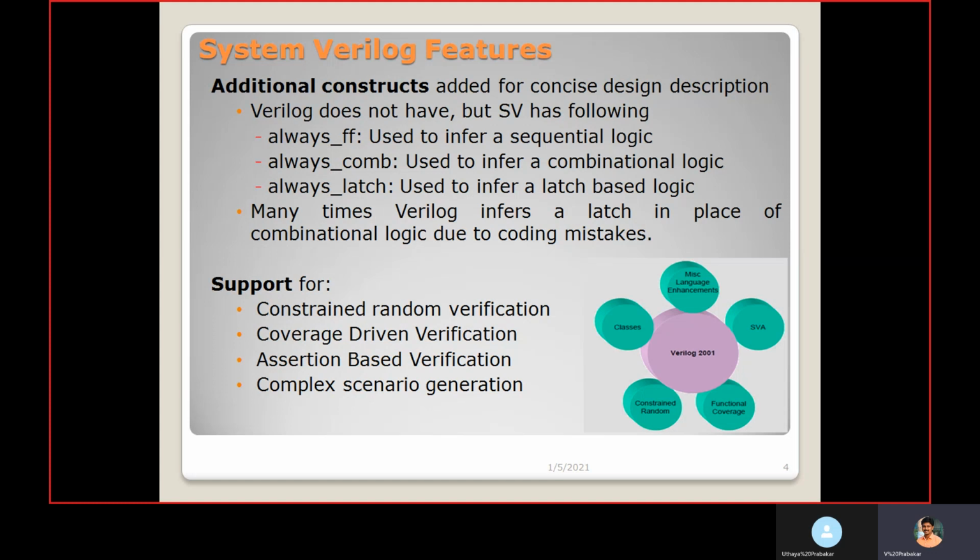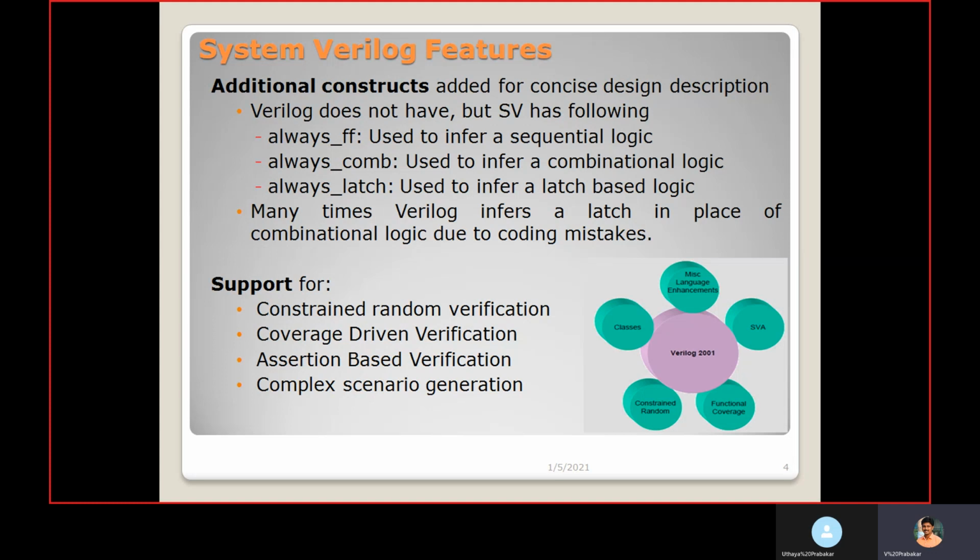In case when I give A equal to 1, after 2 clock cycles I need to get B equal to 1, and until that, B value should be 0. If I want to verify that, I can go with assertion based verification. It is going to check temporal behavior, whether particular values are coming at a particular time or not, which we can verify with assertion based verification.